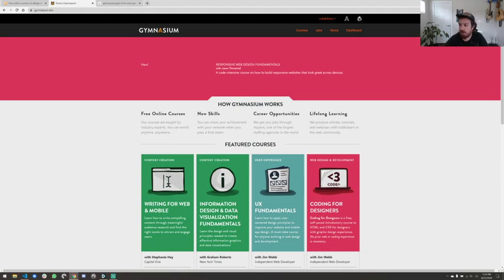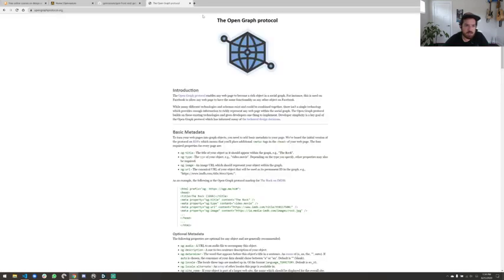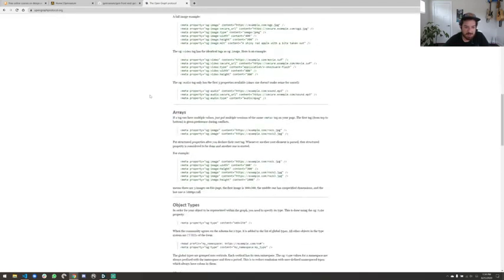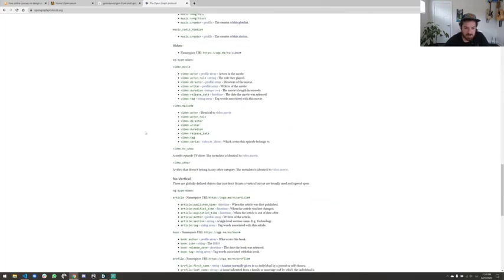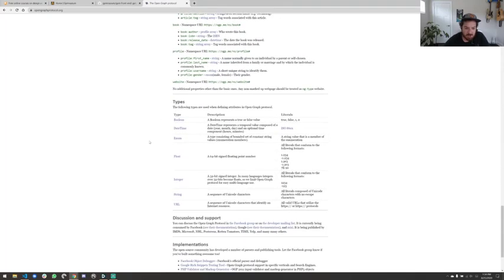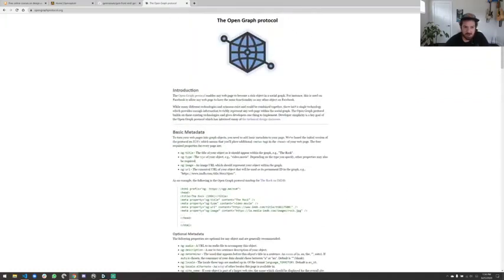So we can look at the Open Graph protocol because it is available at opengraphprotocol.org. There's a lot here. Some of the stuff in here is a little bit hard to sift through. This is a little heavy if you're not sure what you're looking at. The good news is there's also testers for this, and there are samples all over the place. So we've got lots of good ways to do this.